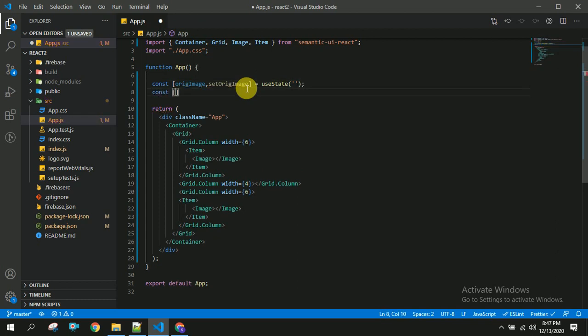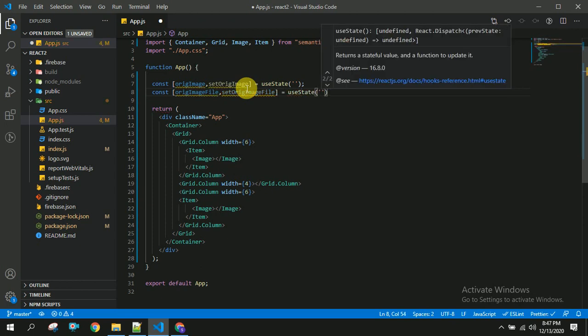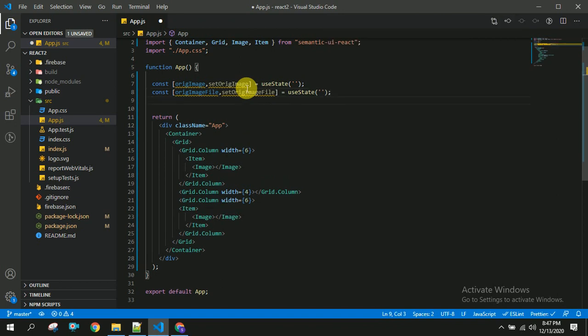The next one is original image name, or original image file, equal to useState.